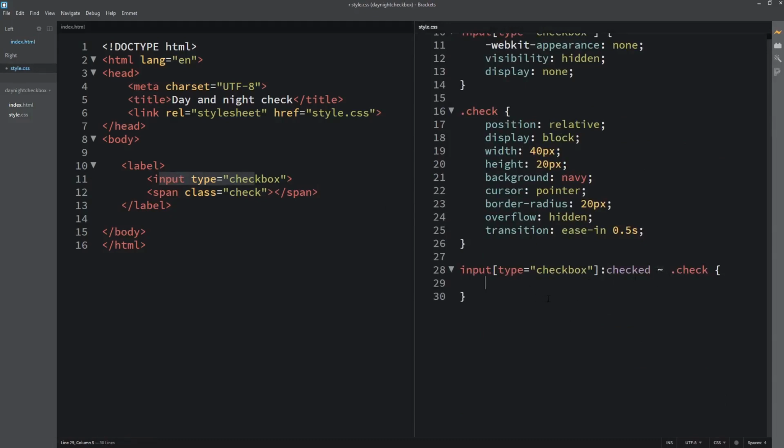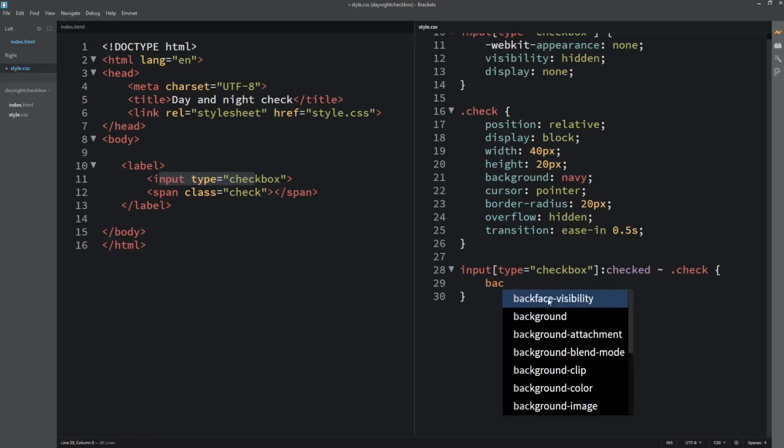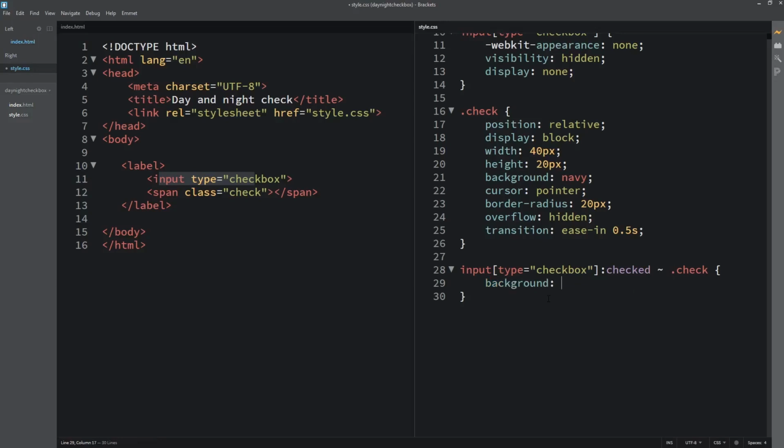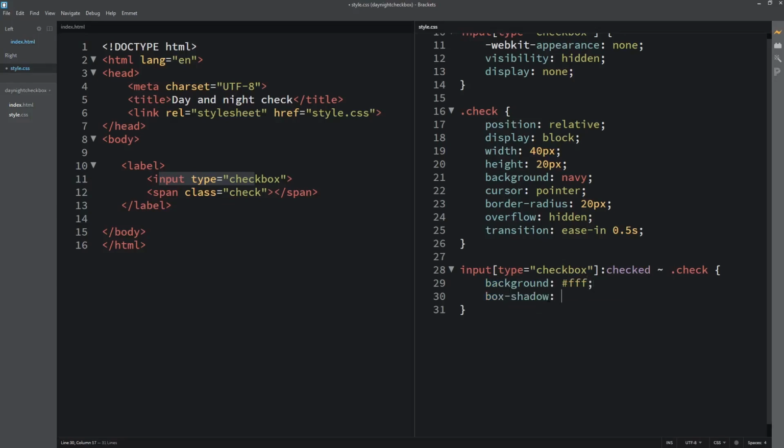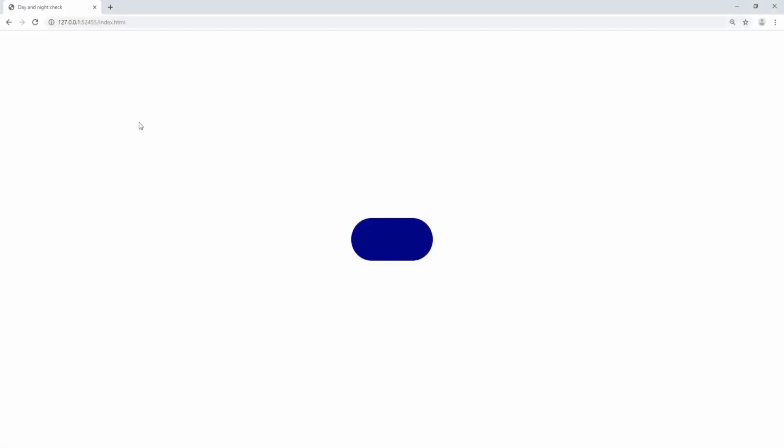So I'll say background FFF for white, then box shadow 0 0 0, we'll take a very big number like 1.5 pixels, then we'll say navy, because navy is what we use for this place here.